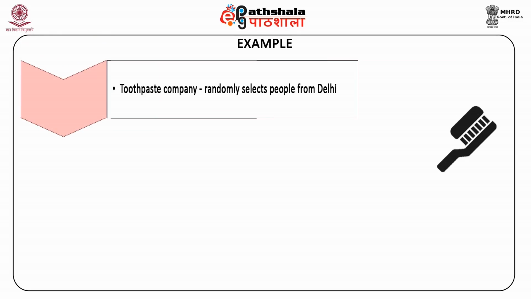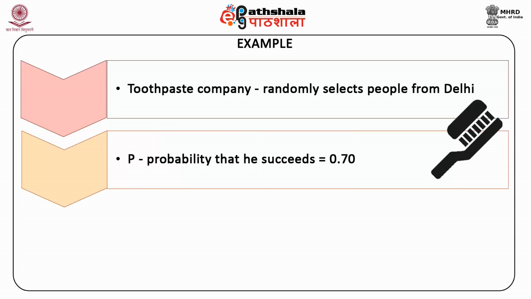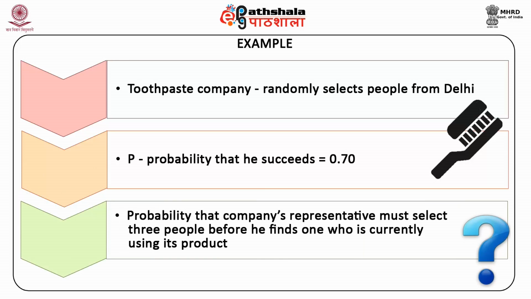Let us look at another example. A representative from a toothpaste company randomly selects people from Delhi city until he finds a person who is currently using any variety of the company's product. Let P, the probability that he succeeds in finding such a person, be equal to 0.7, and let X denote the number of people he selects until he finds his first success. What is the probability that the company's representative must select 3 people before he finds one who is currently using